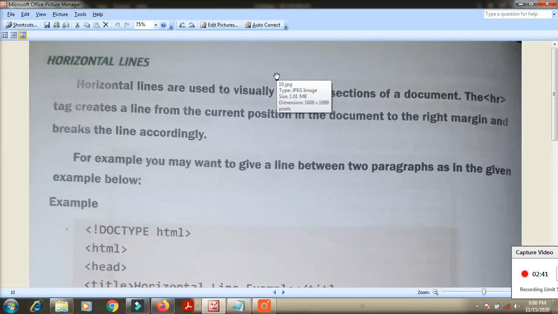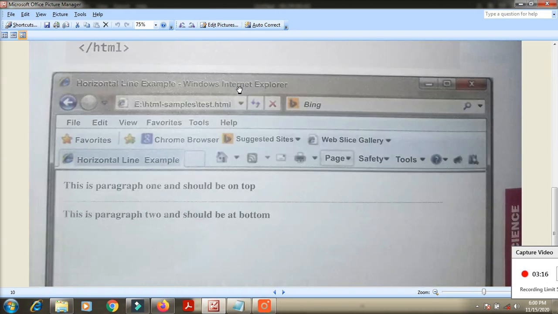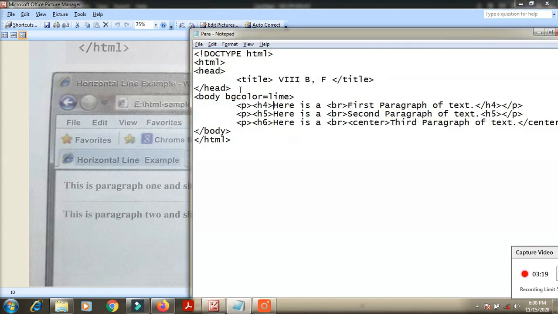For paper we need a scale, and for drawing lines we need a pencil. But in HTML we have to give the code, the statement or HTML tags, for a line. What is the use of putting a line? The HTML tag for it is HR. Horizontal line is called HR. First decide where you want to keep the line.